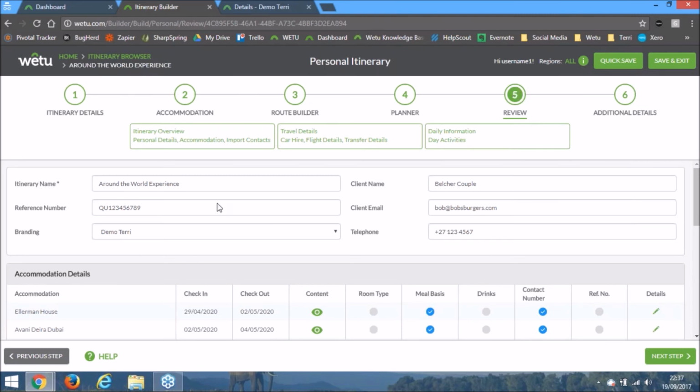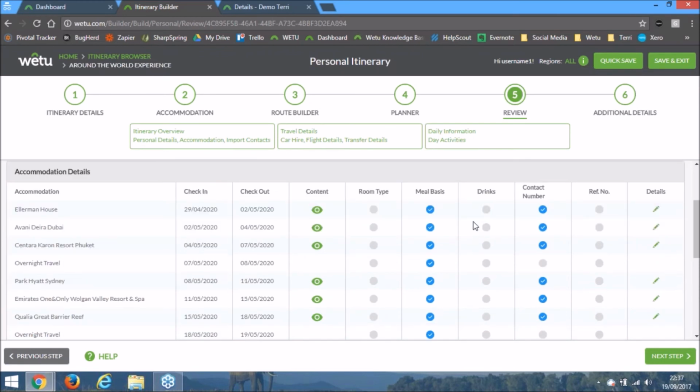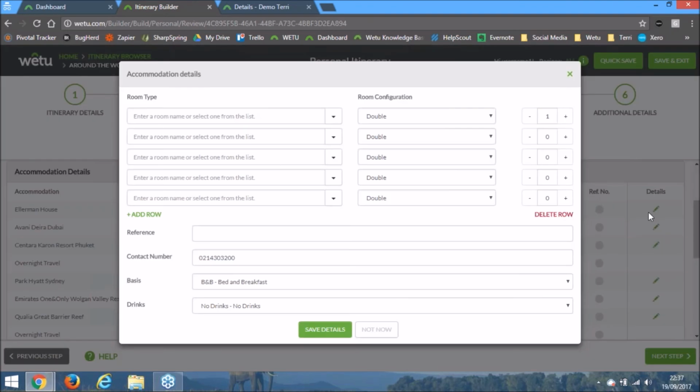So starting off at the beginning of the review step is the itinerary overview, and this is a summary of what you entered in the first and second step and a little bit extra information that you can now add. So depending on what you entered in itinerary details and the accommodation step, that is what information is displayed here. And as we move down, you'll see that there are visual indicators to help you with what content has been input by you while building the itinerary or is there by default. So anything that is missing, you can simply click on the pencil under Details button, and it will bring up a modal